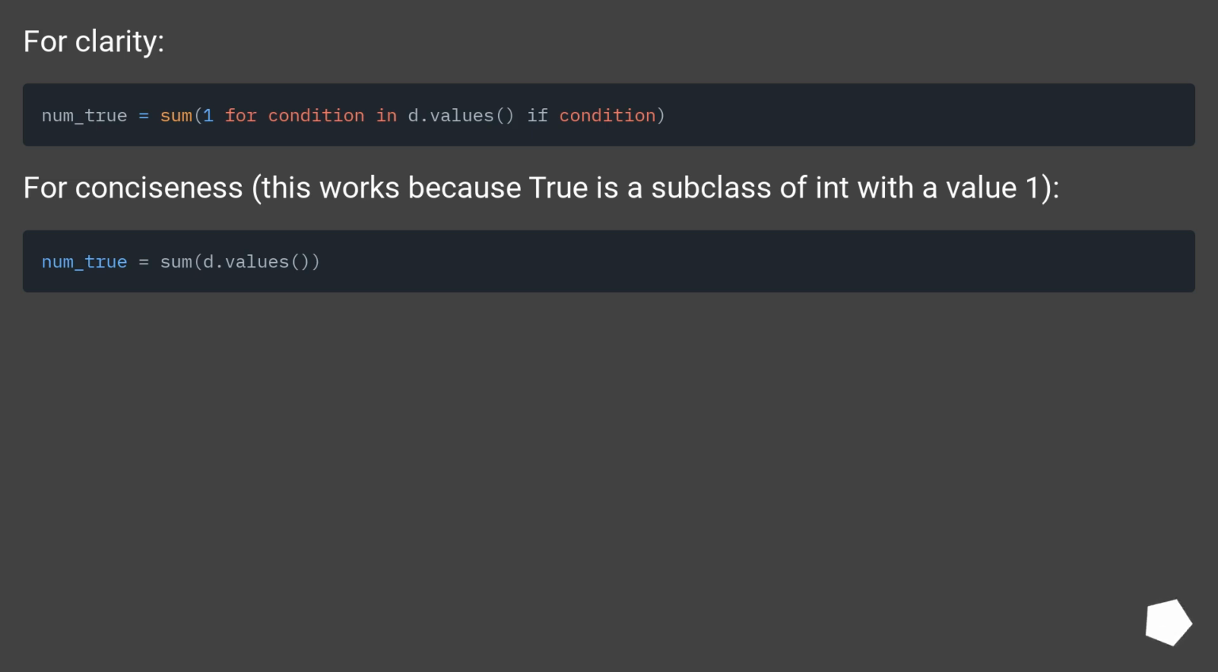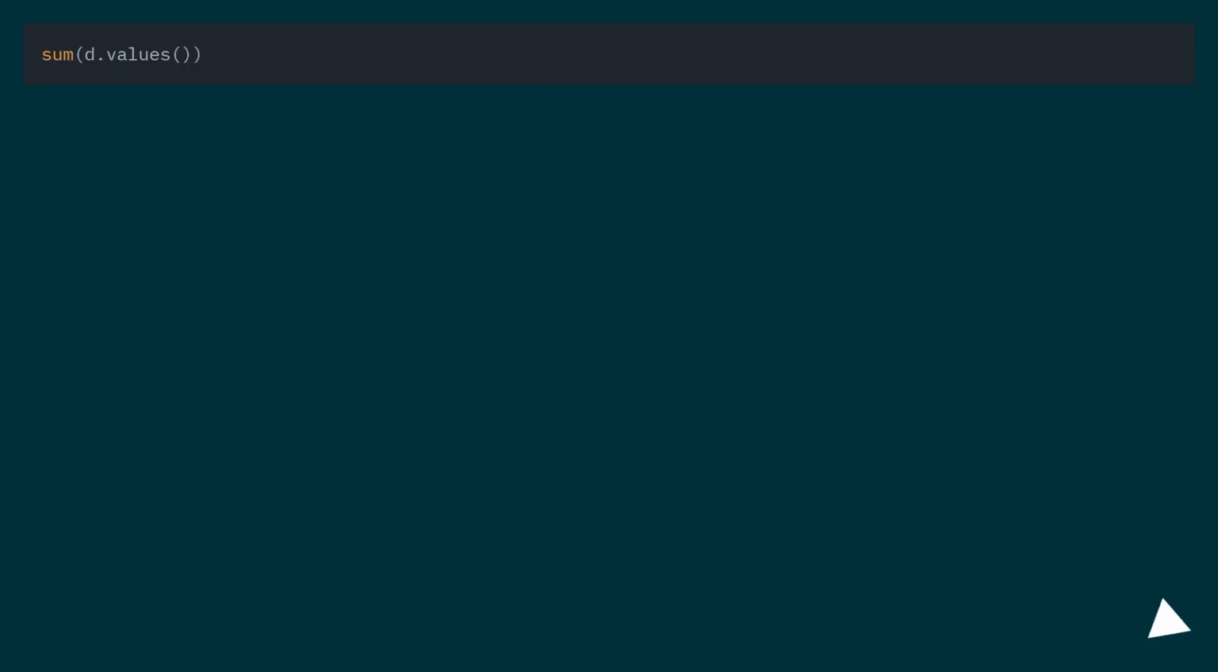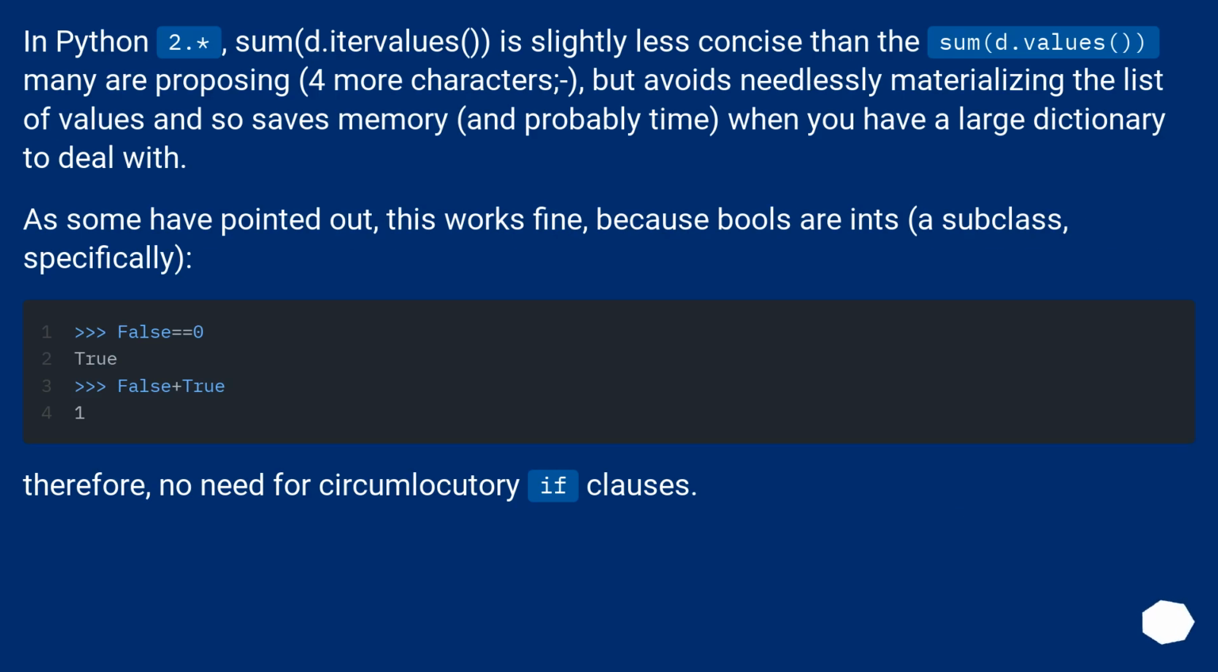For clarity. For conciseness, this works because True is a subclass of int with a value of 1. In Python,